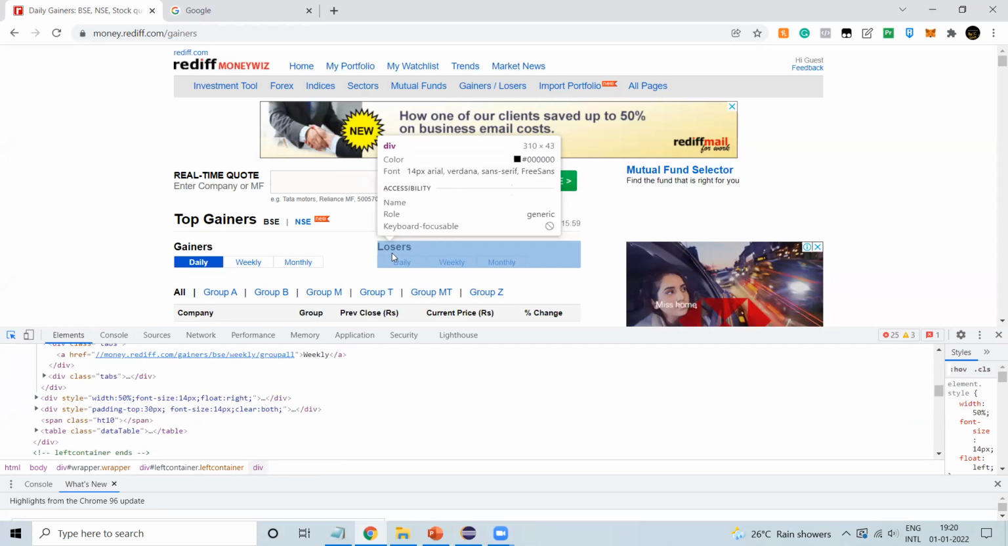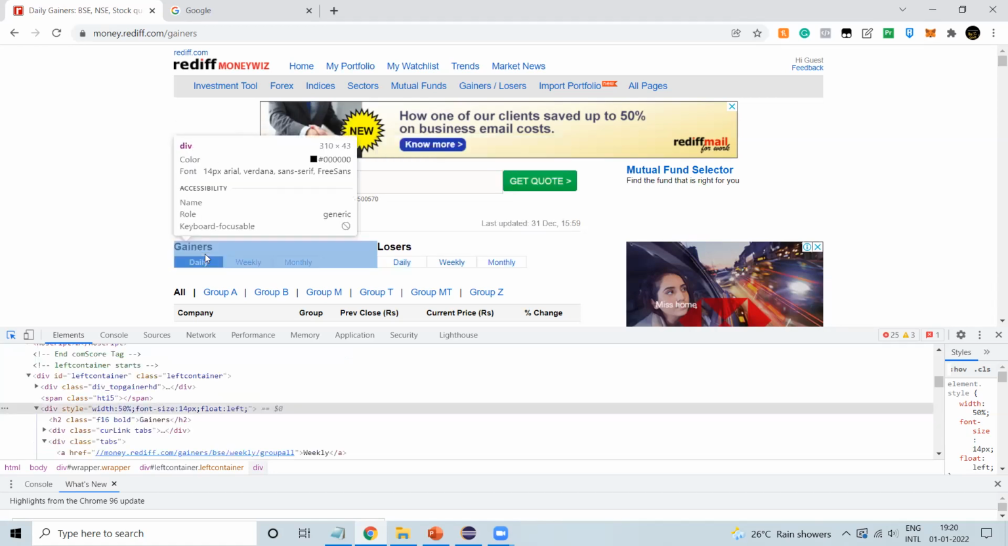Now, if I want to find the particular element, instead of searching in the entire page, I tell the WebDriver to go and search in the particular block, this loser block or this gainer block. So the WebDriver will go to the gainer block and search for the option I want. If I want to click weekly, it will find the particular element, then perform the action. So for that, what we need to do